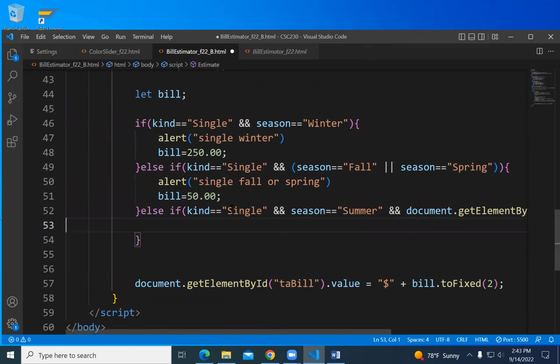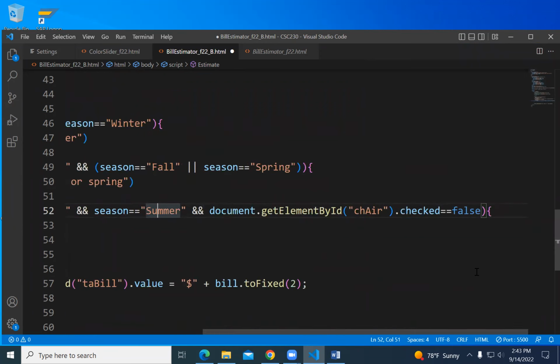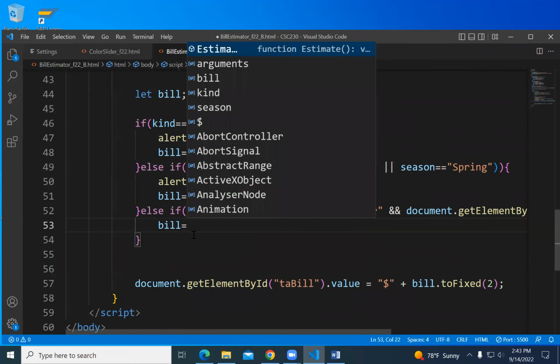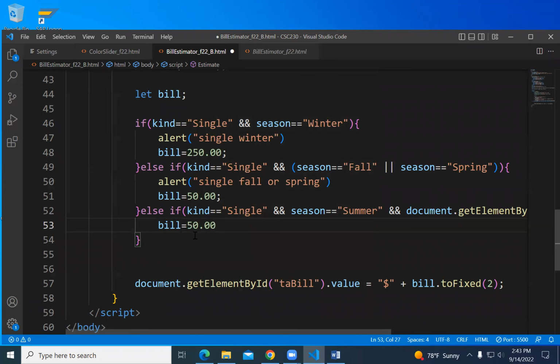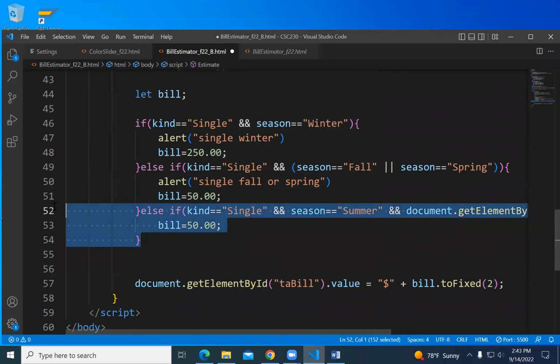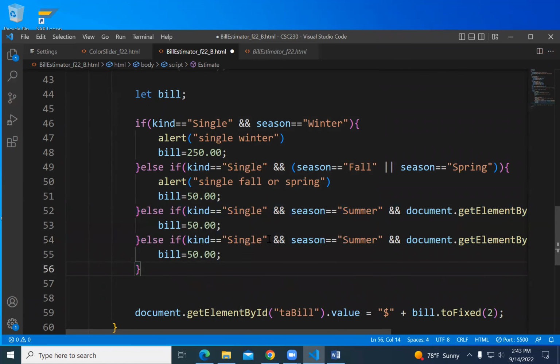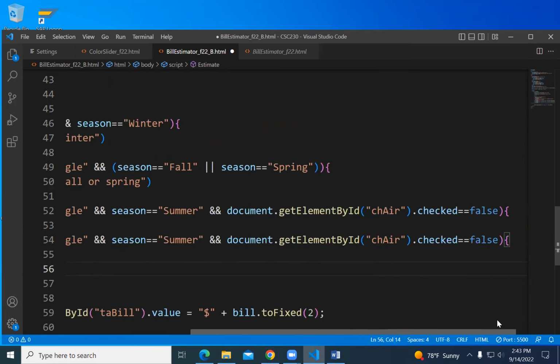So we are saying, if the kind is a single, if the season is a summer, and if the checkbox checked property is false, then the bill was 50. And then down here, if it's single in summer and